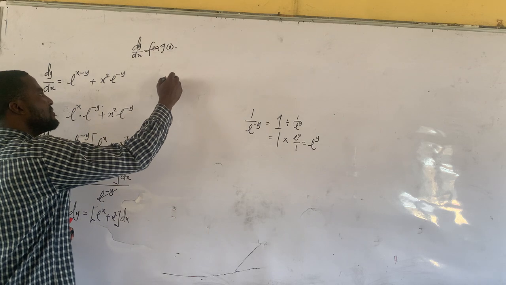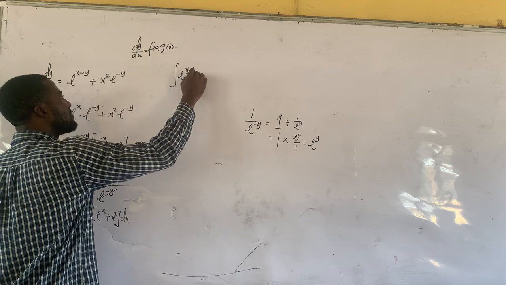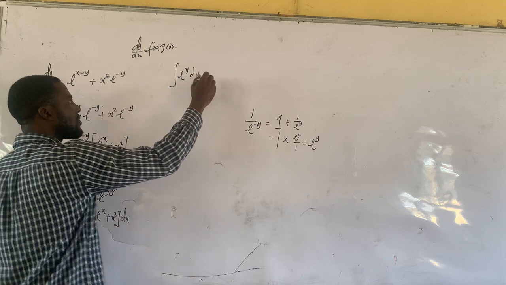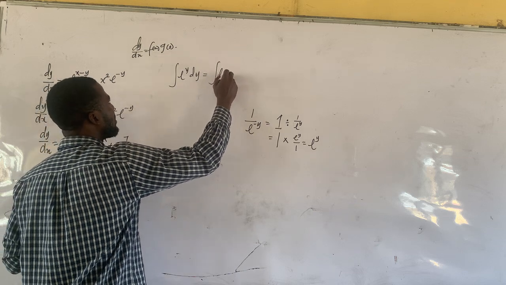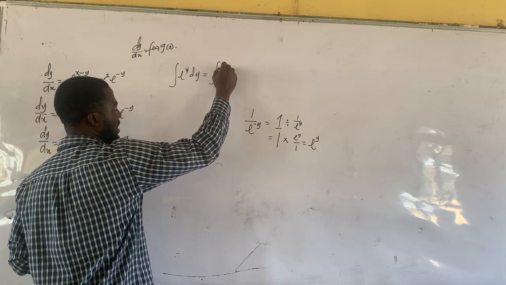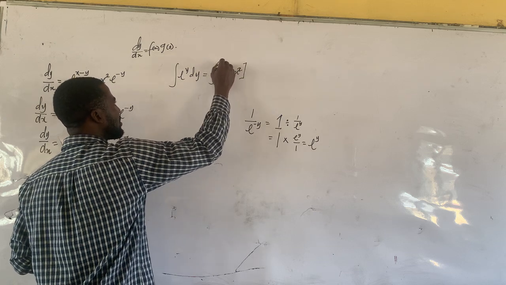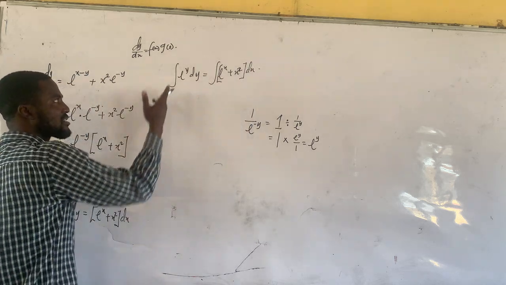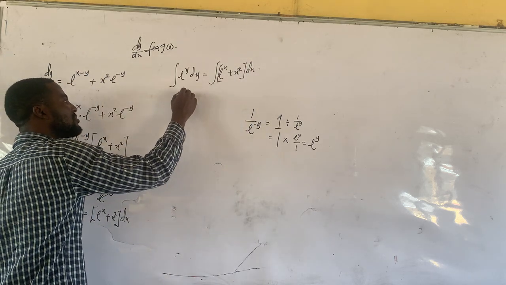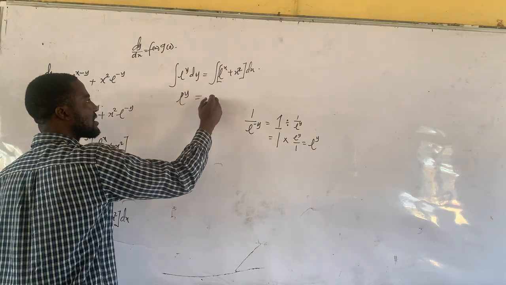So we can say the integral of exponential y dy equals the integral of exponential x plus x squared, all in brackets, dx. And the integration of exponential y is exponential y,